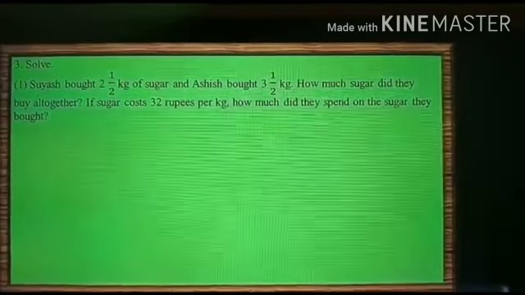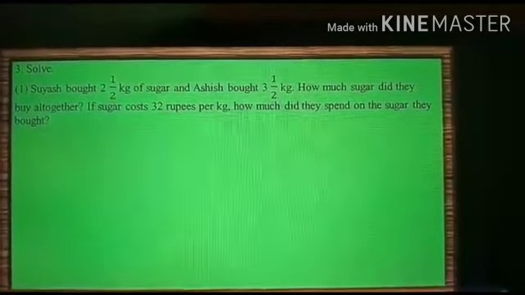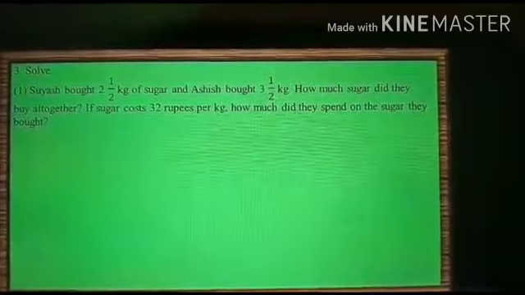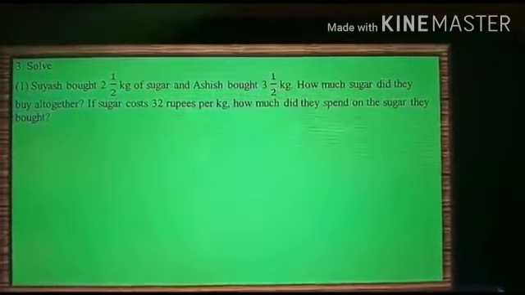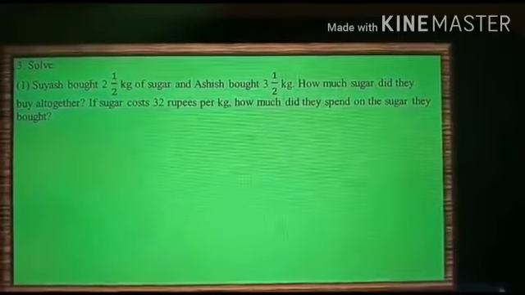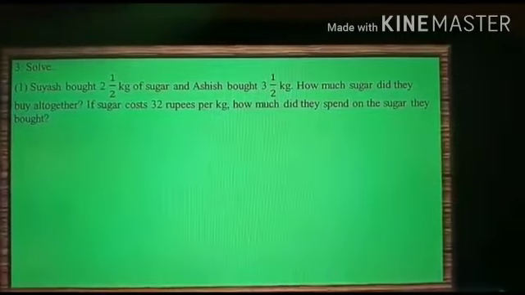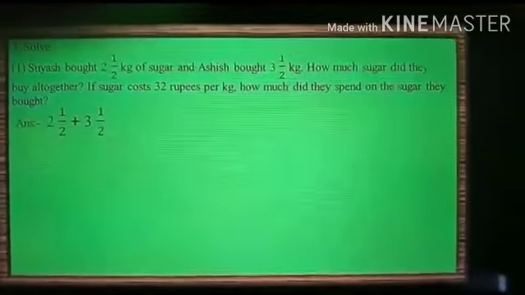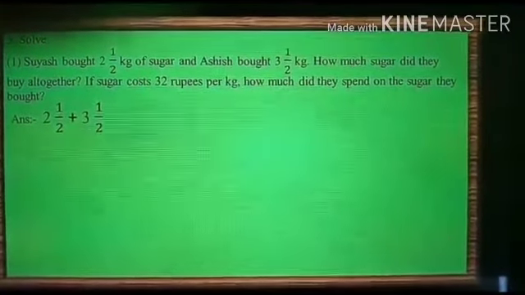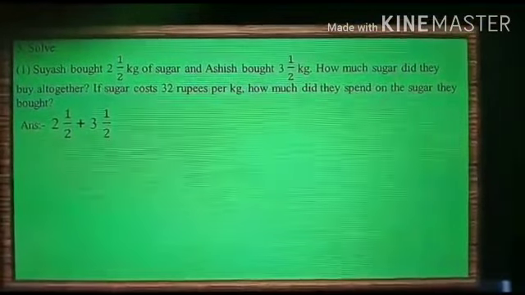First example: Suyash bought 2.5 kg of sugar and Ashish bought 3.5 kg. How much sugar did they buy altogether? If sugar costs 32 rupees per kilogram, how much did they spend on the sugar they bought? So we have to add these two,